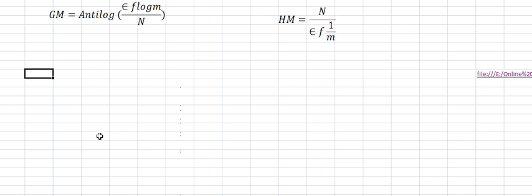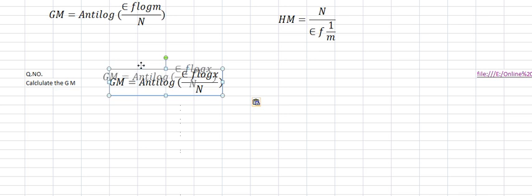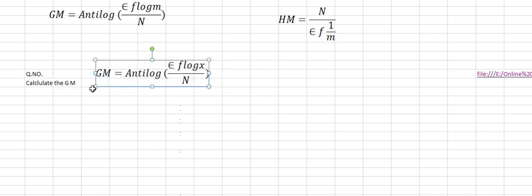This is the question that you have to identify. It may be your question number, that is the example number, so continue your question numbering. I think I forgot to tell the number. So this was the number that you have to write, right? So calculate the geometric mean. In which case? By using this formula. This formula is what? The discrete series formula.